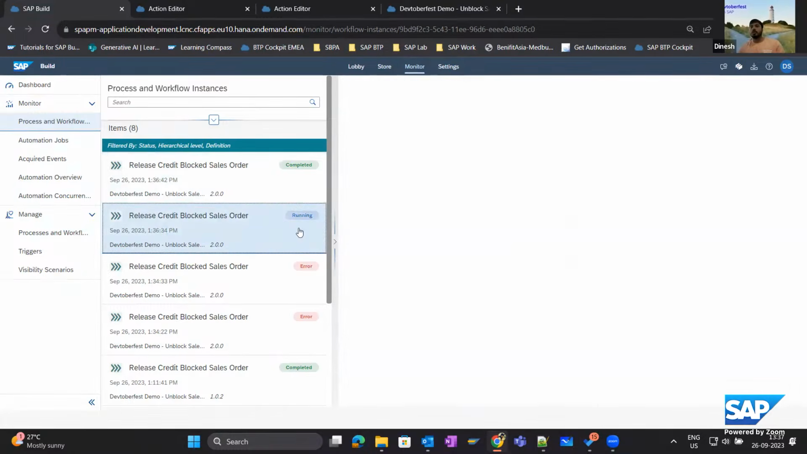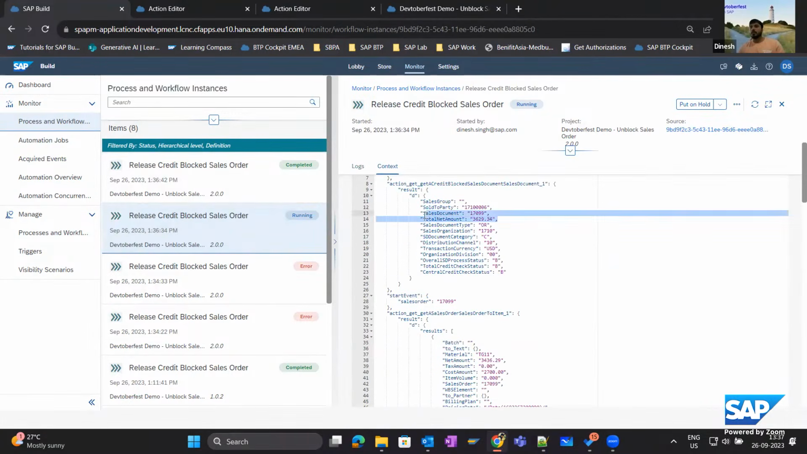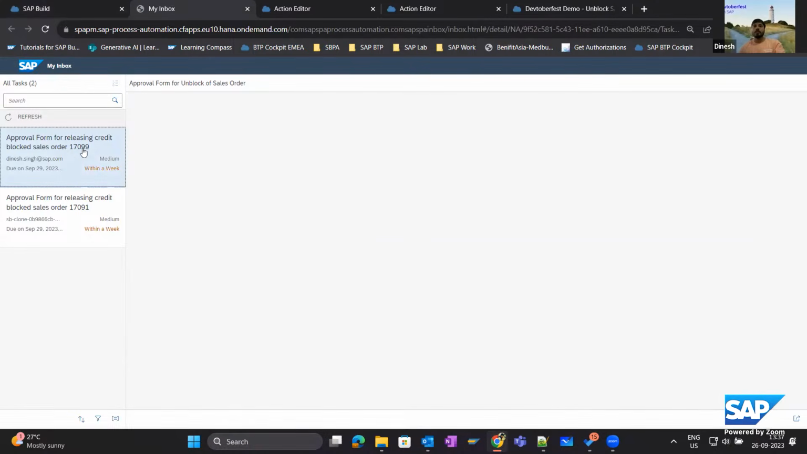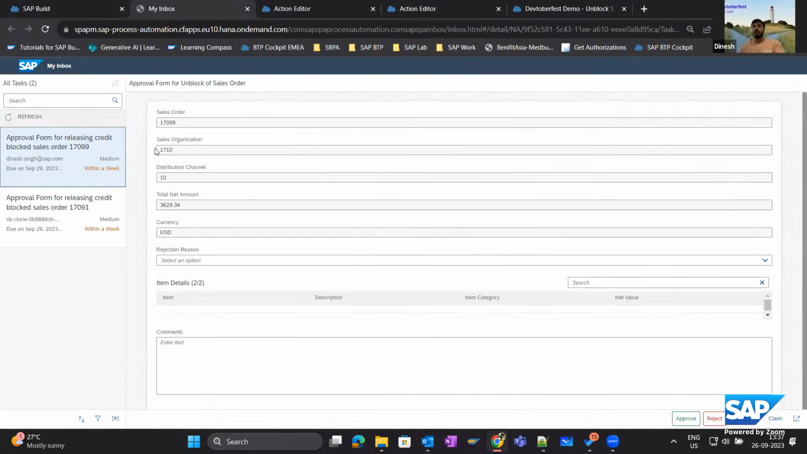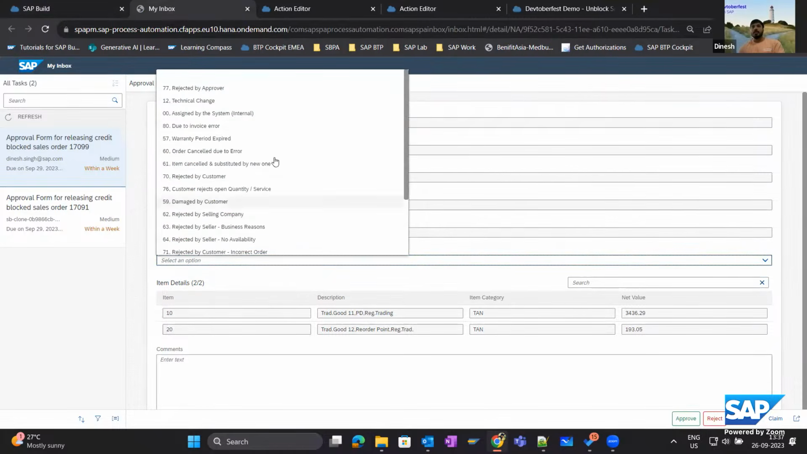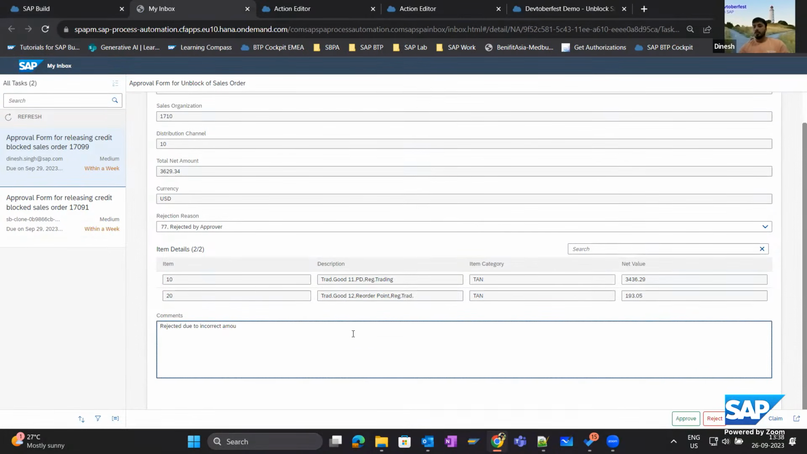The other one, which we sent for approval, has a value of more than 1000, so it went for in-person approval. Since I'm also the approver, I'll just go there. This is the one which we have picked for approval. You see here there is a rejection reason. Since we're just going to check the rejection scenario, here I say it was rejected by approver, and I give the amount as the reason. Okay. And when I click on reject here,